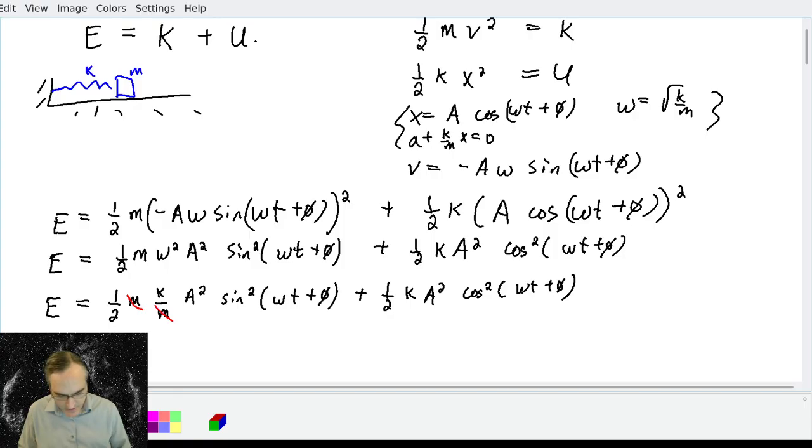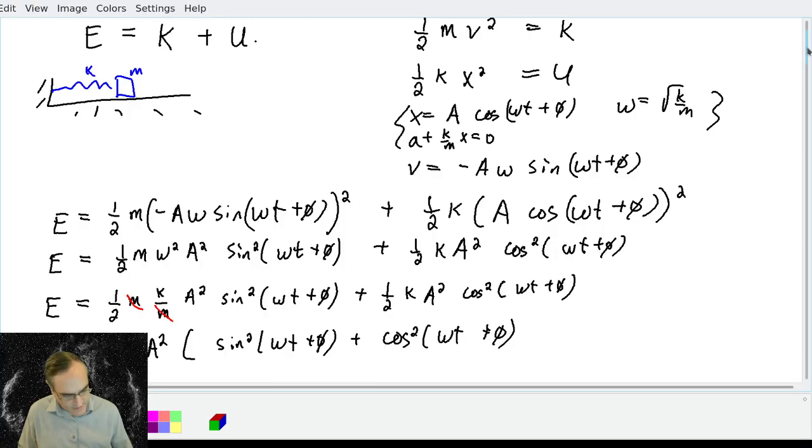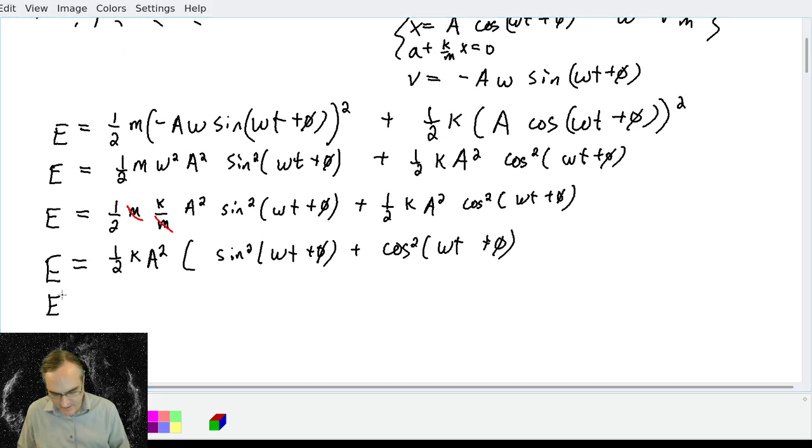So the total energy of a mass on spring system is 1/2 ka squared times the quantity sine squared omega t plus phase plus cosine squared omega t plus phase. And that gives us the total energy at all times,